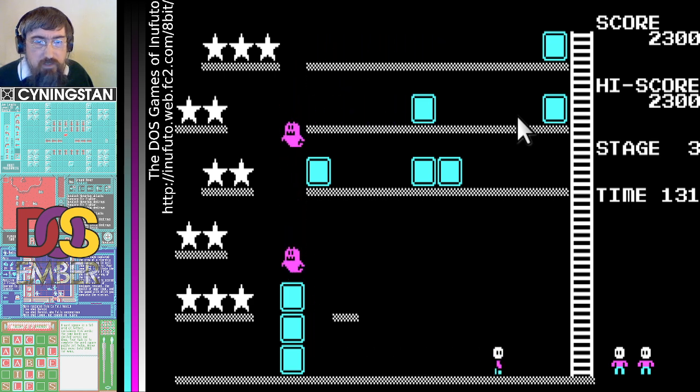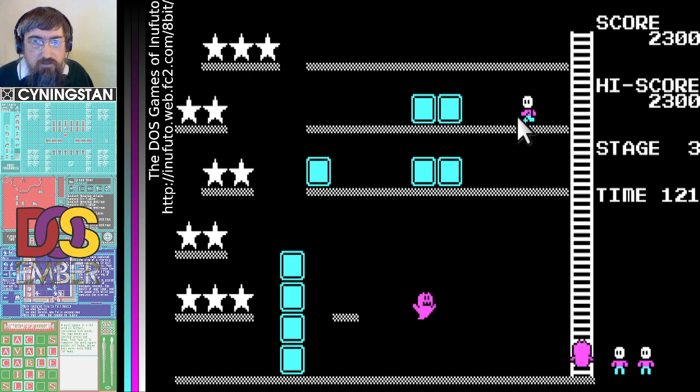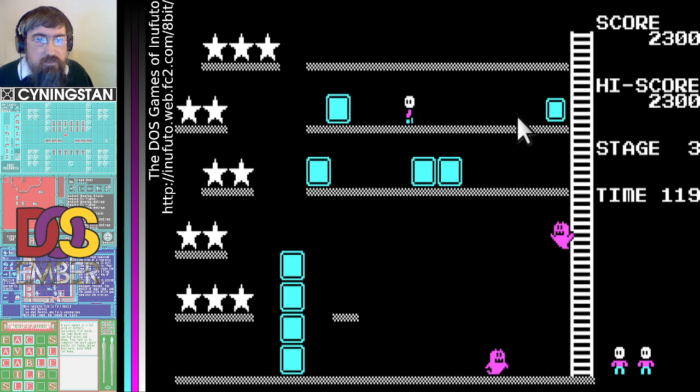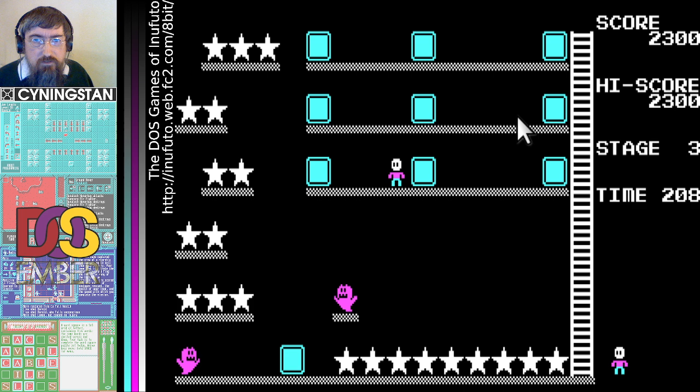I need to build all of these blocks into a tower on this level, so I need to hang around up here. Oh, now you've gone into blobby mode. Yeah, that's got me. And I'm right back at the beginning.